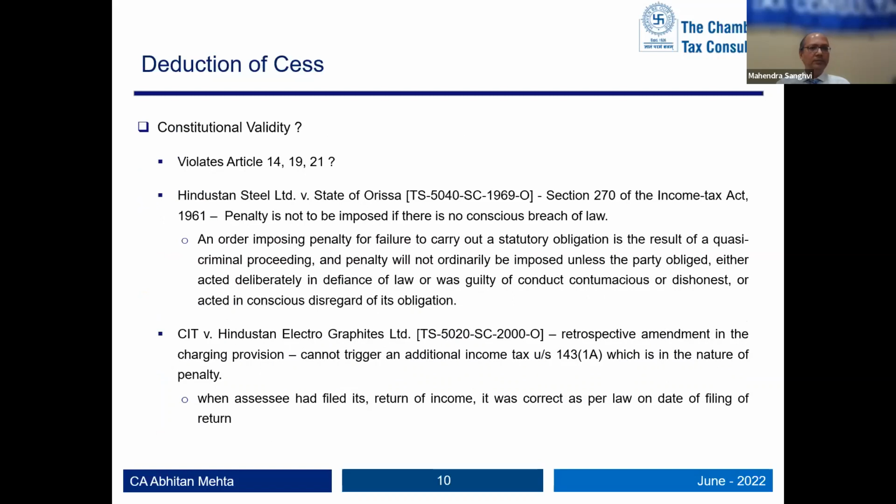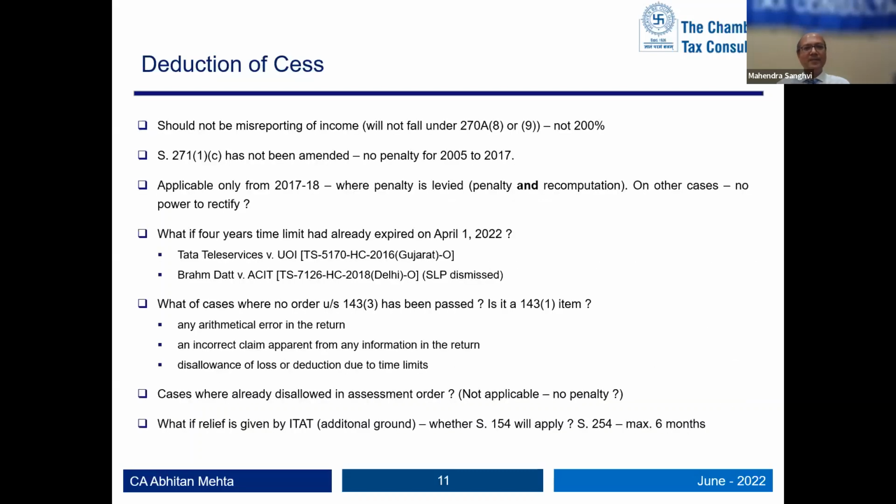So moving to the issues, as I said, constitutional validity: can you levy a penalty? That is fiction, where my bona fides are beyond doubt and there is no contrary high court ruling. Why would an assessee take a stand different from what two high courts of the country have opined? Then can you just deem that if I don't file a disclosure form, it is a fit case for penalty? So one has great doubts on that.